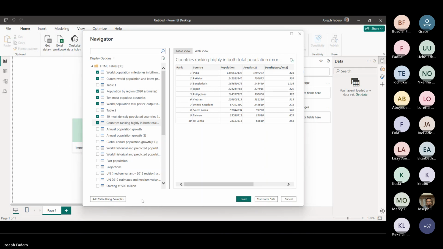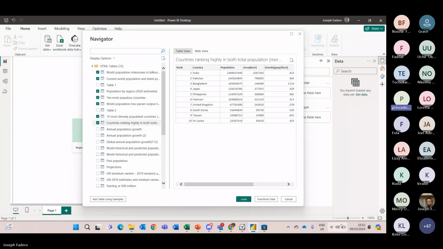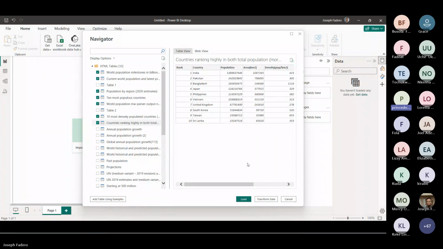All right, so the essence of why we need to transform data is that when we click on transform data, it gives us the ability to do a lot of manipulation with the data in terms of data cleaning, and to ensure that the data is in the right format for us to use. We need to ensure that the data is in the right format and cleaned where necessary before we can go ahead and use it.